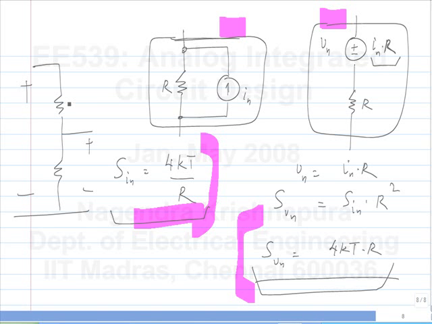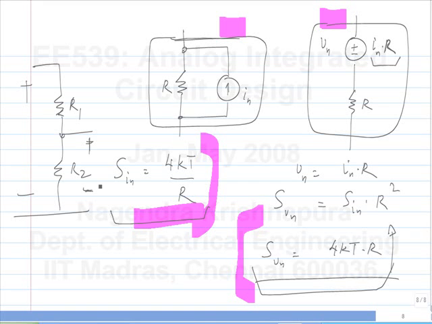So, which way should you go and why? Actually, this will become clearer as we go on. It really depends on the quantity of interest, whether you are interested in some output voltage or some output current. If I am interested in a voltage, I am interested in the noise in that voltage, and that does indeed increase with increasing values of resistance. So, if I am talking about voltage noise in some circuit, I would try to make my impedance levels